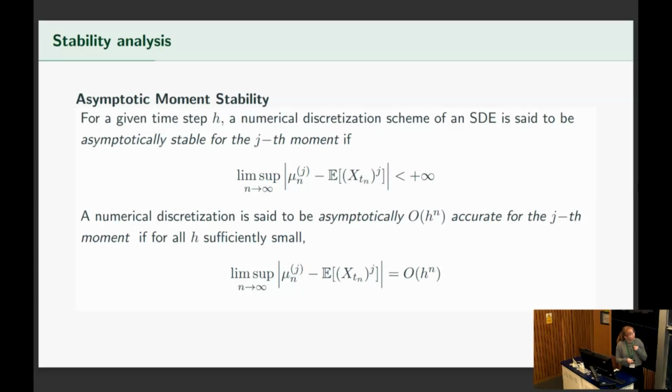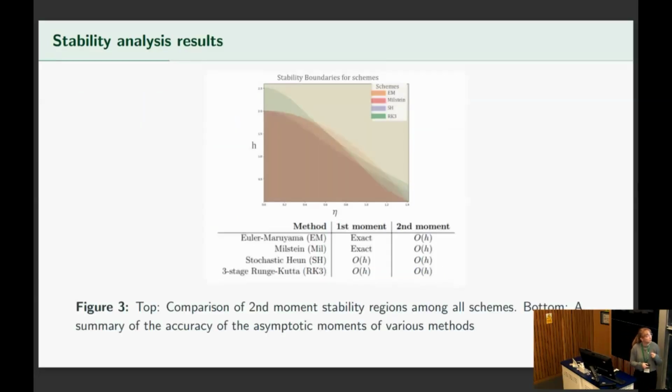And some results that we have. So what we do is we look at the stability regions, depending on different values of eta and ranging over differing step sizes. What you can see from this chart is that for our different SDE schemes, when eta is on the smaller end or on the larger end, the RK3 scheme has a larger stability region. But what's interesting is that we actually have this region in the middle where the potentially more simplistic schemes such as EM or Milstein actually perform better.